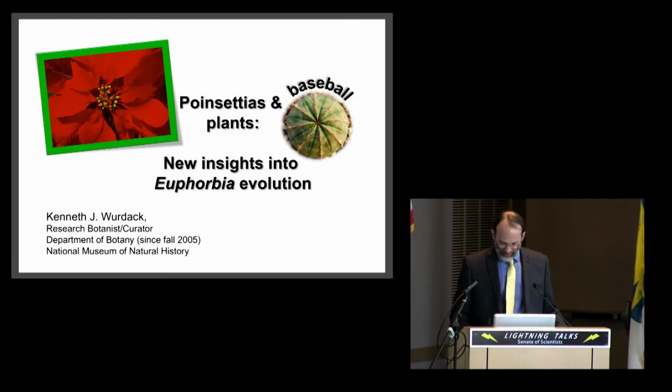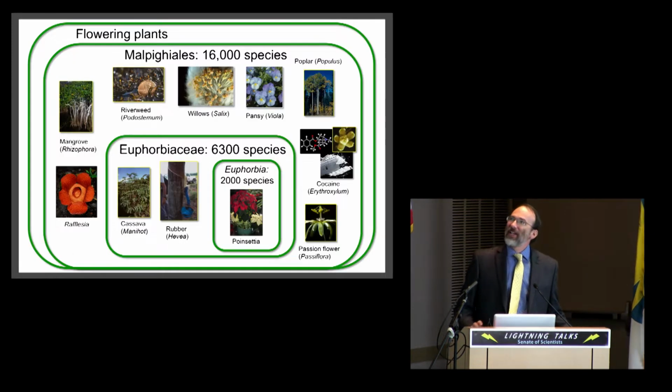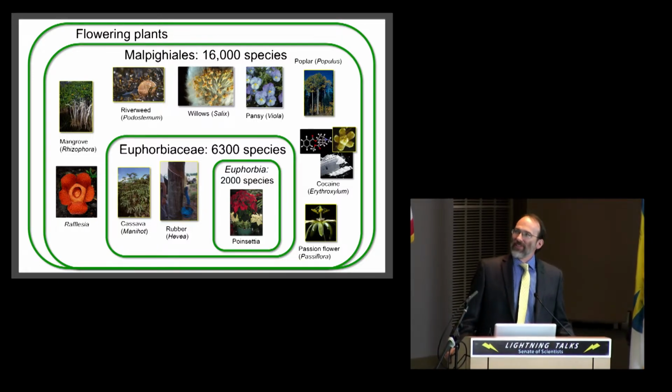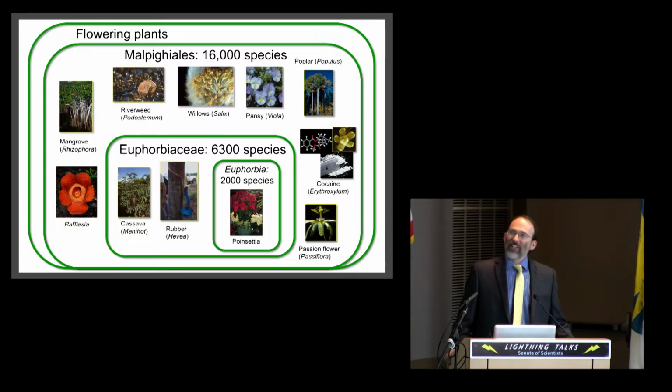I'm Kenneth Wurdack. I'm a curator in the Department of Botany. And as you might expect, I work on flowering plants. And in particular, I focus on the family Euphorbiaceae, which is best known for cassava, castor bean, tung oil, as well as poinsettias. In this particular talk, I'm going to focus just within Euphorbia, which has an exceptional array of